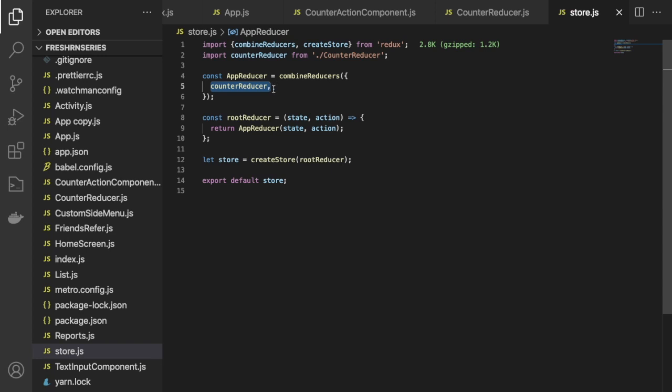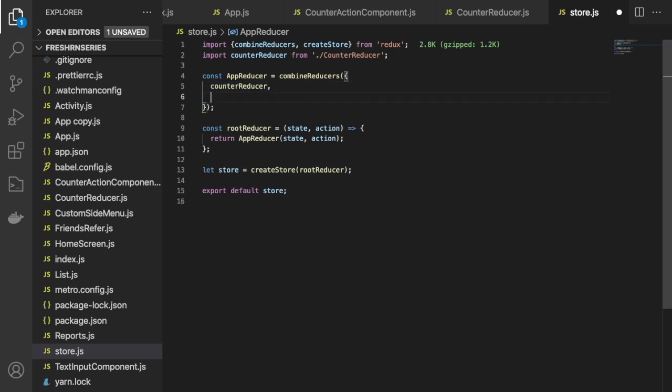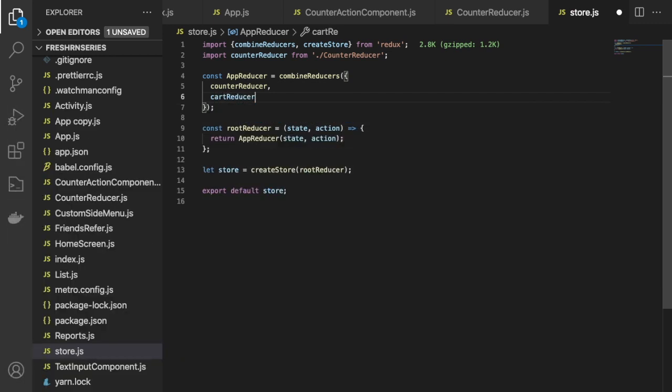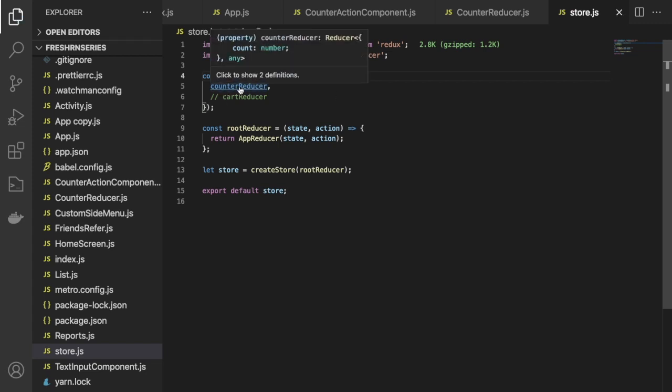We can have multiple other reducers, collect them and pass them over here. So in future there can be many different kinds of reducers, like a cart reducer. You can add it like this here. For now we have the counter reducer, so we are just passing this counter reducer over here.